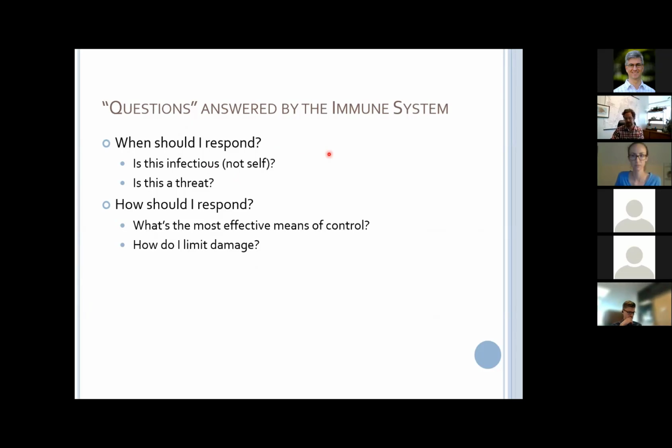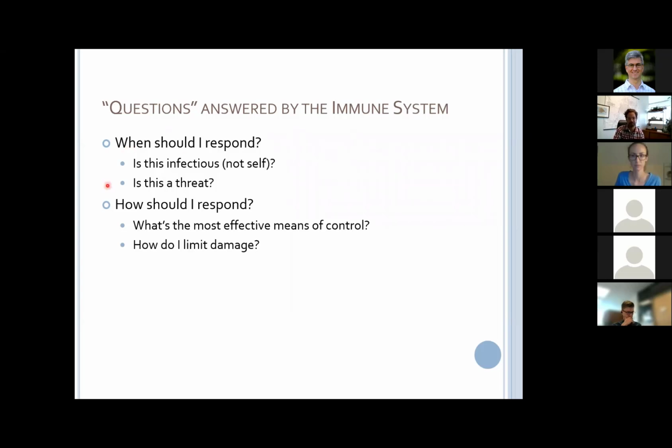And is it pathogenic or not self? And we have a few people that introduced themselves saying they're working on the microbiome. This is one of the key questions in trying to understand the relationship between the host immune system and the microbiome: how the immune system distinguishes beneficial microbiome from pathogenic microbiome, and the fact that certain organisms can actually be both depending on what tissue they're in and what state of their life cycle they're in, and sort of metabolically what they produce and